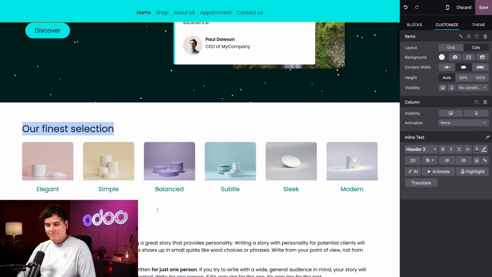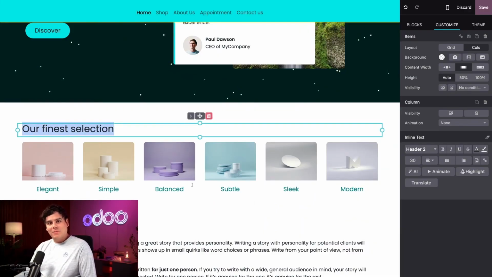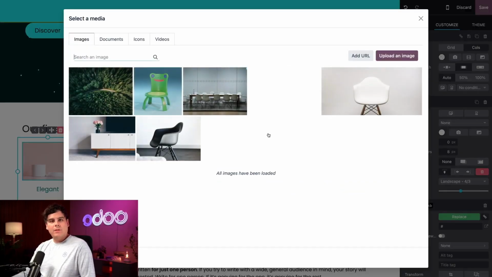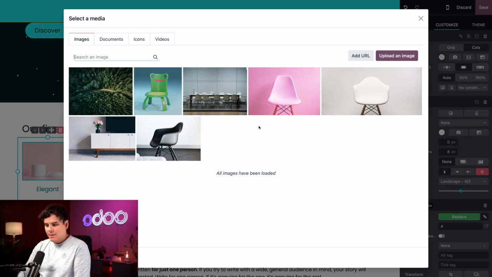All right. Now we're here at our column block below. And I would like to change one of these pictures just to show you, because even better, Odoo provides us with a database filled with royalty-free images I can use. No need to use another site or app. It's as easy as just a quick, in my case, nice little double click right there on this first image. And then if we search for the word furniture,